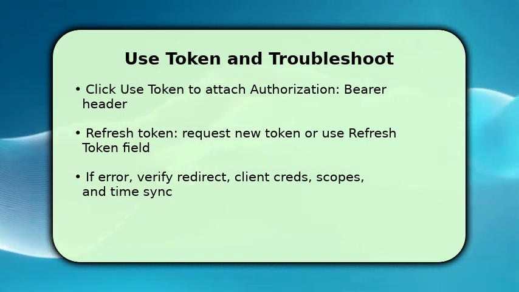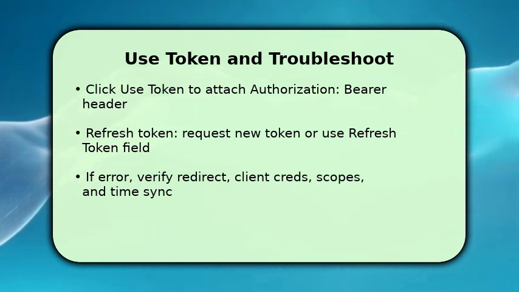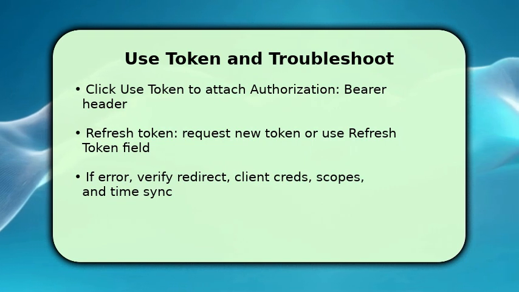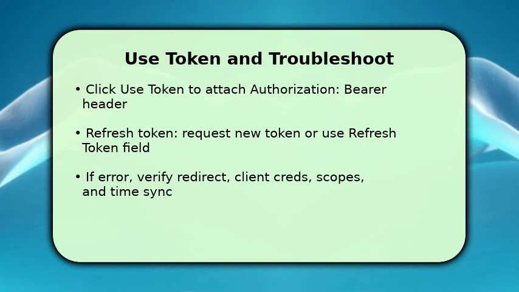If something breaks, check the redirect URI, client credentials, scope mismatch, and system clock skew which invalidates tokens. Also inspect the token response body for error messages. One troubleshooting tip: enable the Postman console to view raw request and response details for